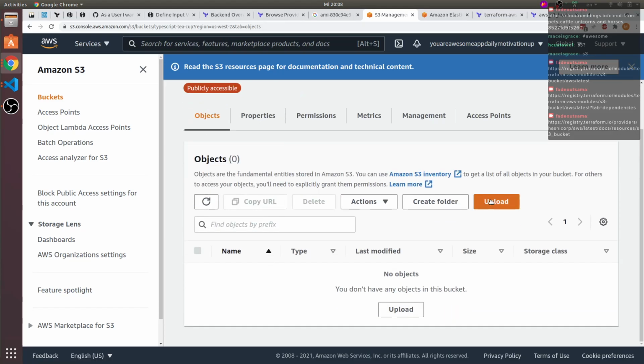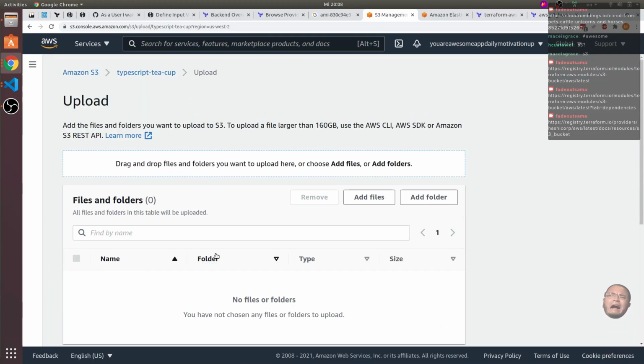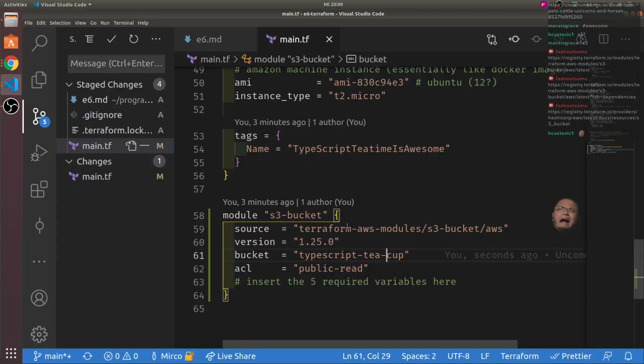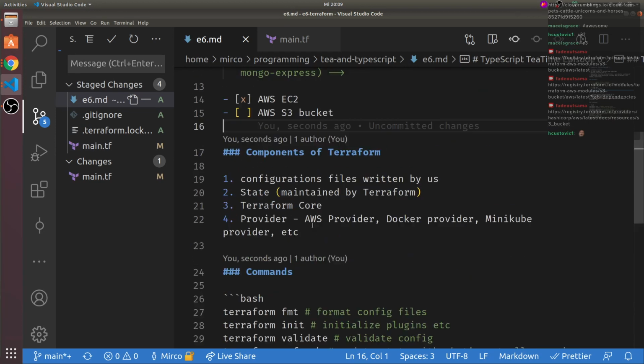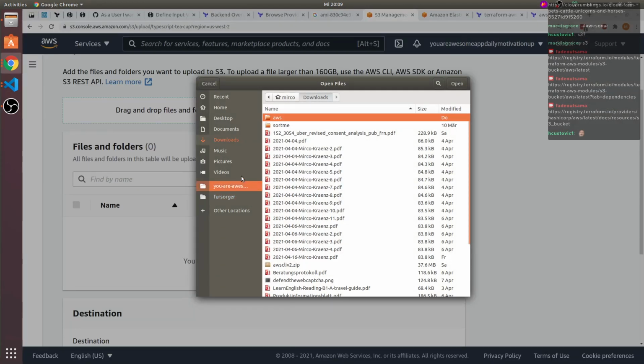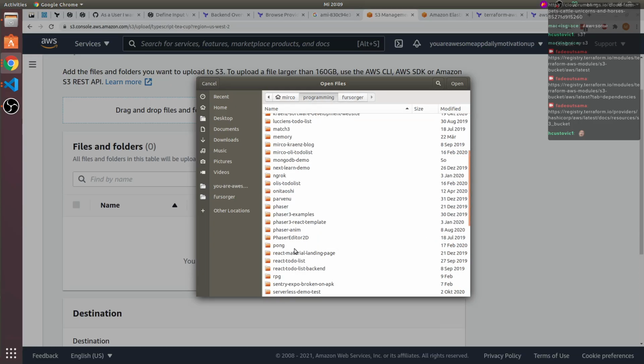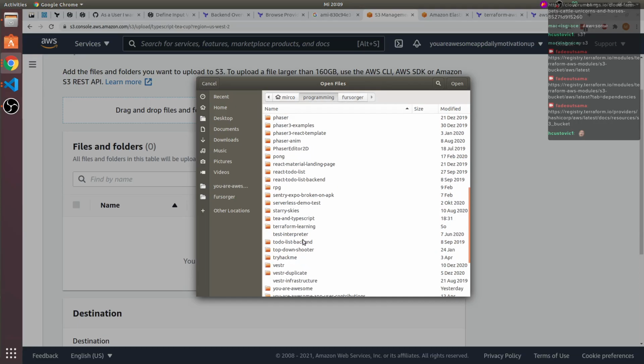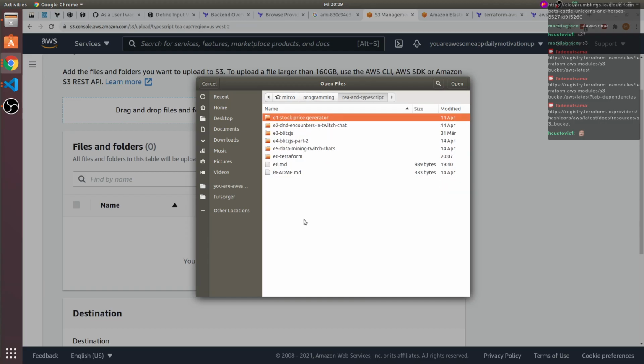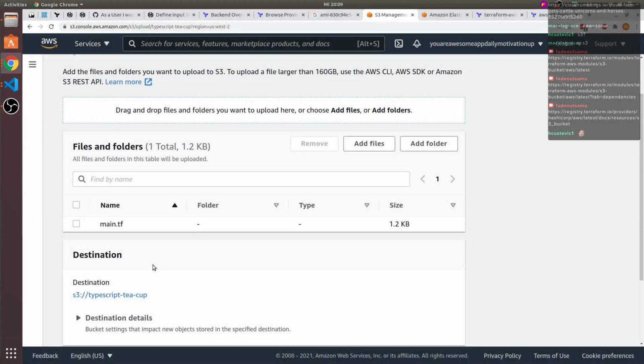It does not have any objects inside of it, but if I upload a file inside of here, let's see, for example, E6, it's inside of here, go inside of Terraform learning, no, TypeScript Terraform, not the state, but let's say I will put this one into main TF anyway.